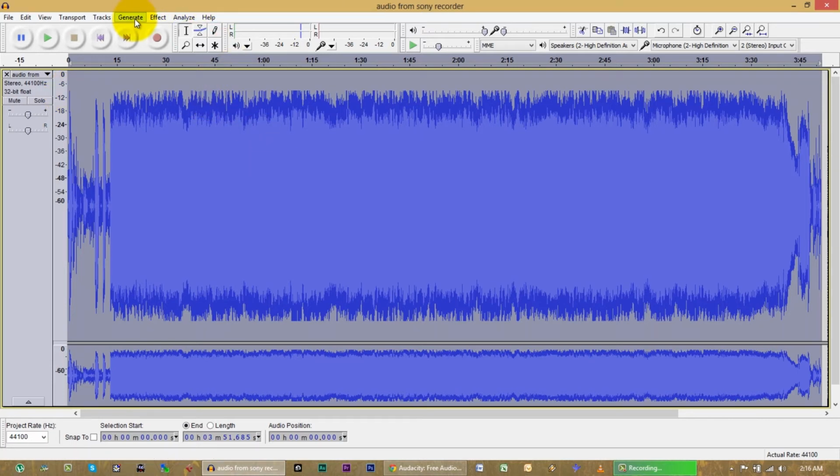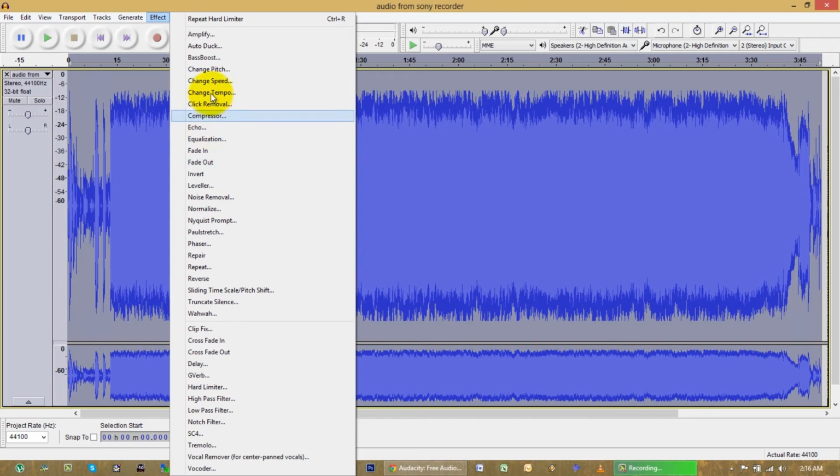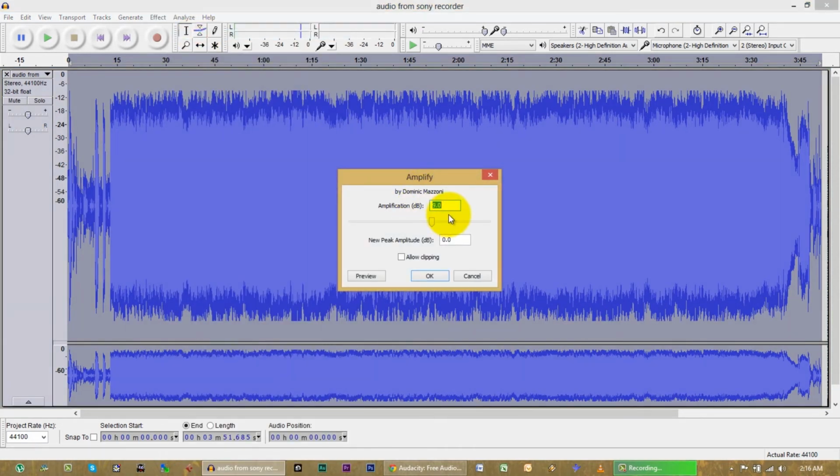Okay, now what we're going to do, we've still got the whole thing highlighted. We're going to go into Effect, we're going into Amplify, and remember how right now nothing is any louder than -9? If we amplify the whole thing by, say, 8 decibels, then the peaks that we had before, which were touching -9, when you add 8 decibels of amplification, those peaks are now always going to touch -1. And you can see that Audacity knows this. It's showing you that nothing is going to be above -1. Okay, so let's hit OK.